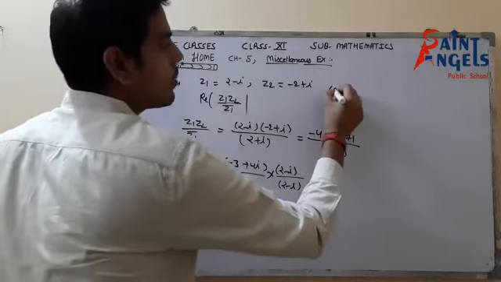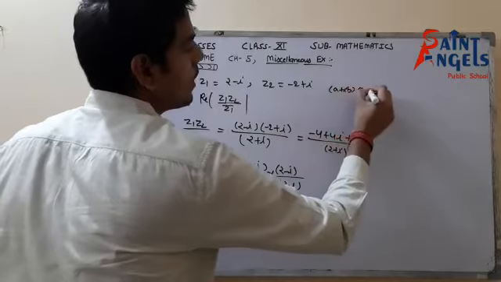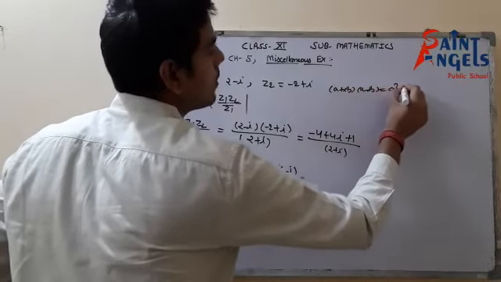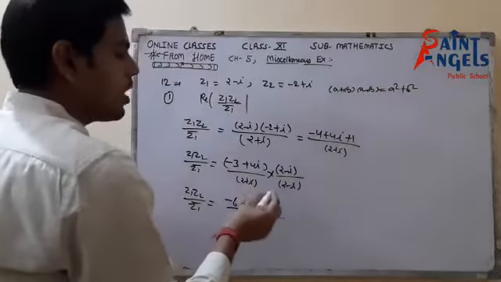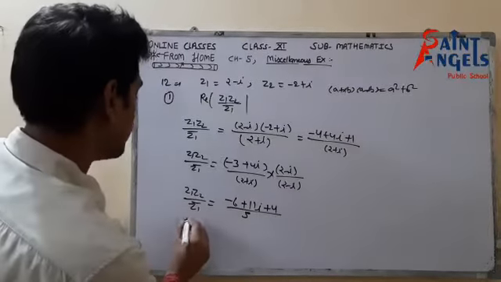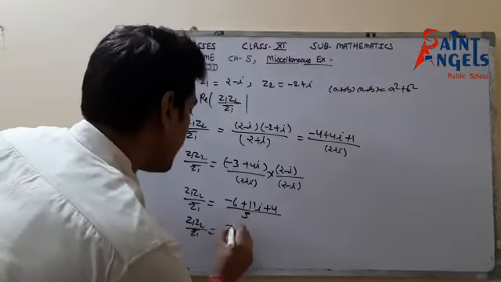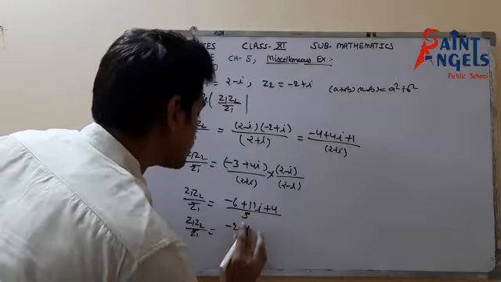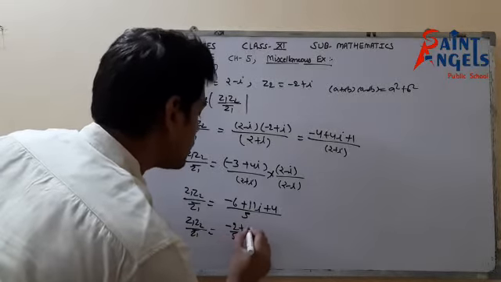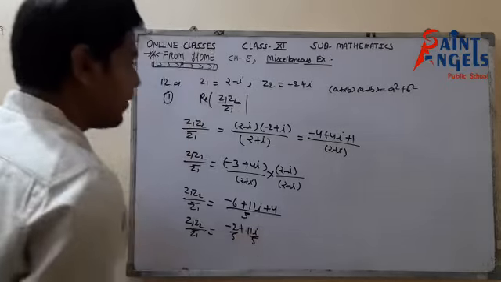Okay, because we know that (a + iota b)(a - iota b) equals a square plus b square. So this is 2 square plus 1, that is 5. So we have z1 z2 upon z1 bar equals minus 2 upon 5 plus 11 iota upon 5. And what was the question?